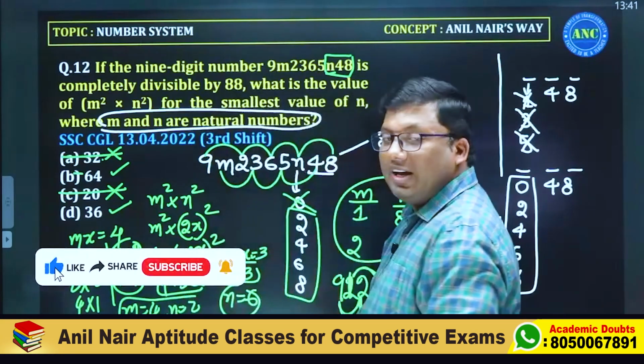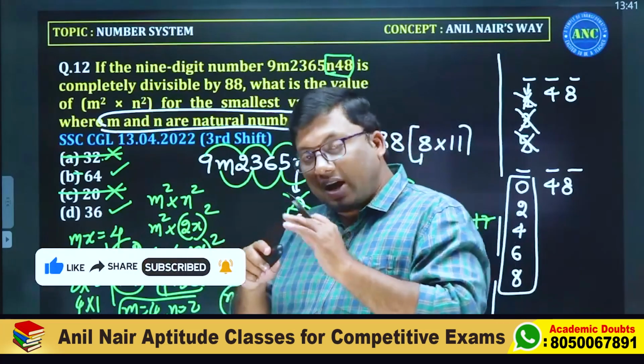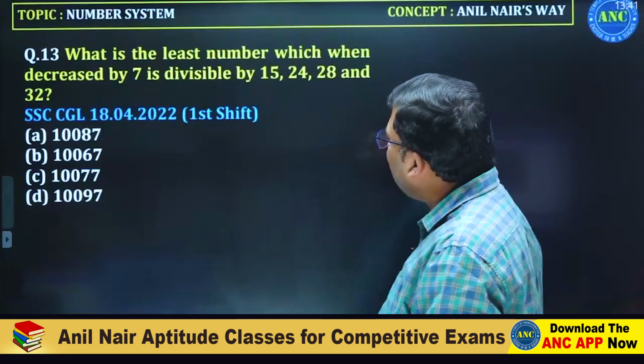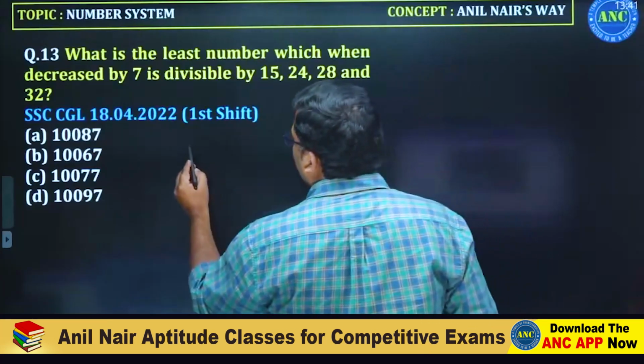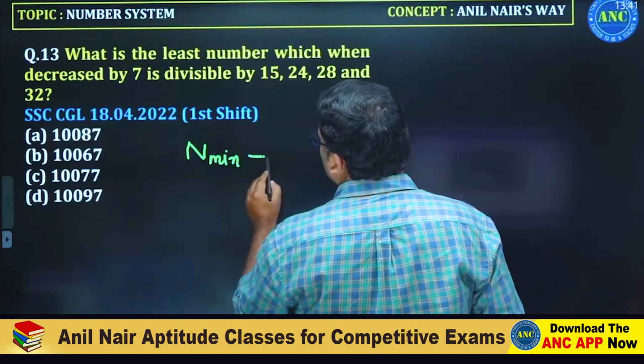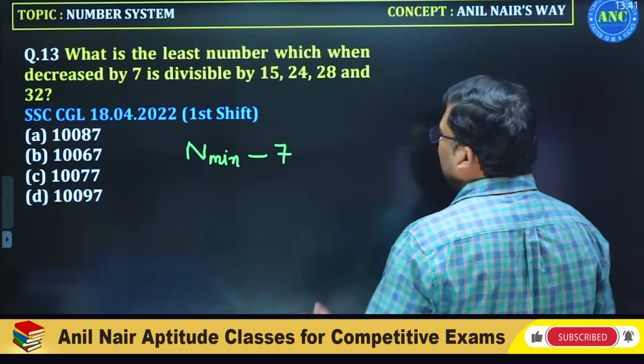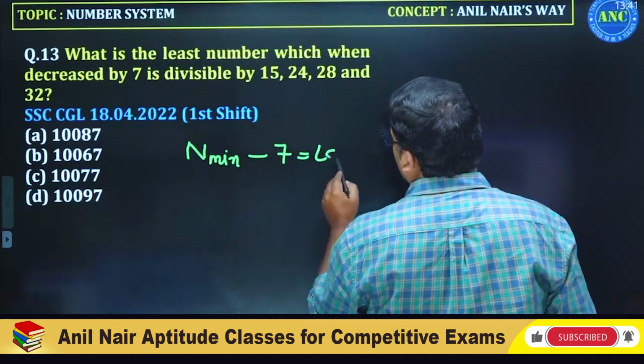Substitute in the given equation. Check whether the number is divisible by 11. Right? I hope the idea is clear. What is the least number? Least number means n should be minimum. Which, when decreased by 7, I am decreasing by 7. It is minus 7. Answer is divisible by